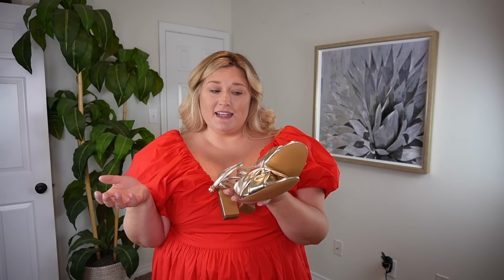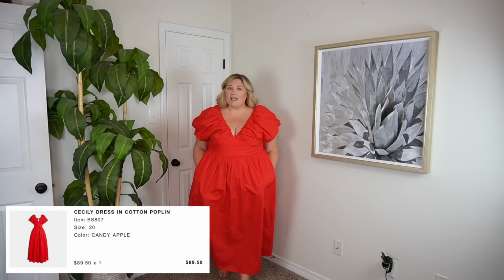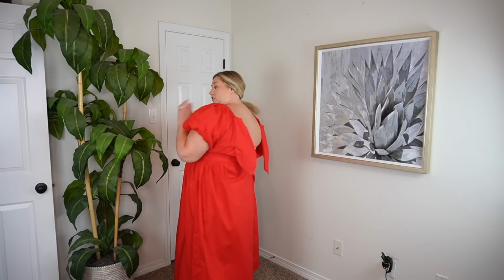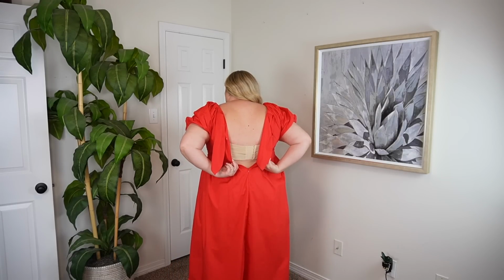I got them in a size 10, which I'm more of a size 9, 9.5, and these are made so small. And I'm sad about it because I think they're so pretty. How beautiful if this fit me properly. I got it in a size either 20 or 22, and it is so far from being able to be zipped that I would most likely need